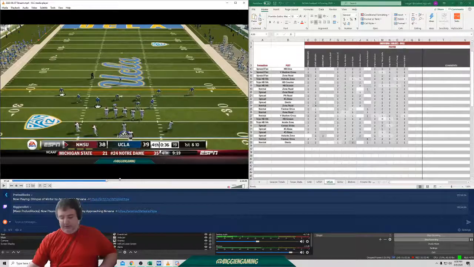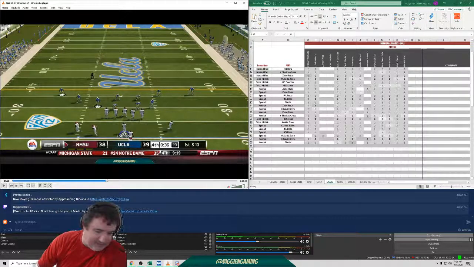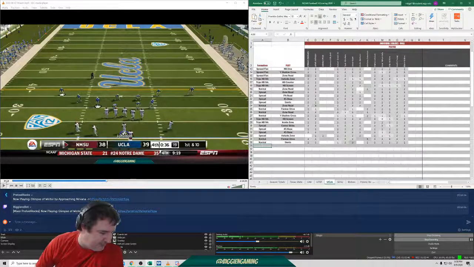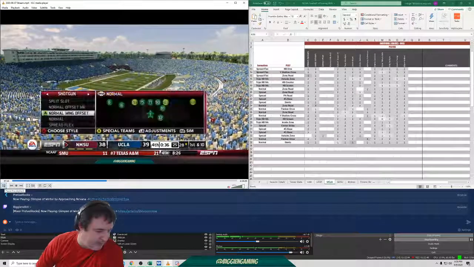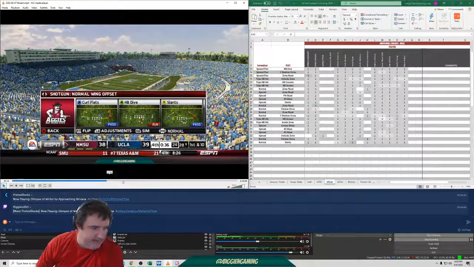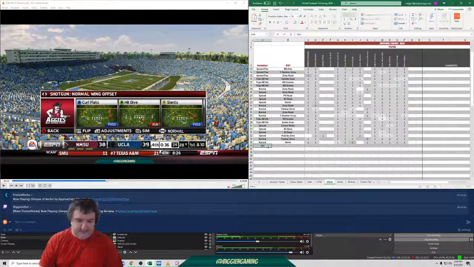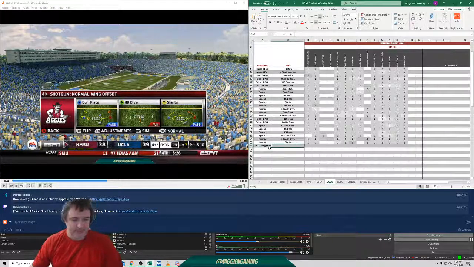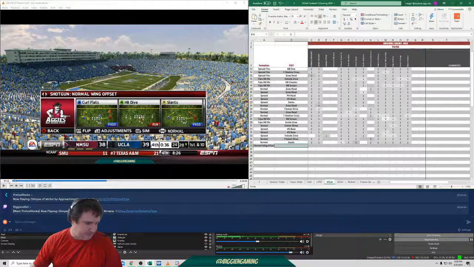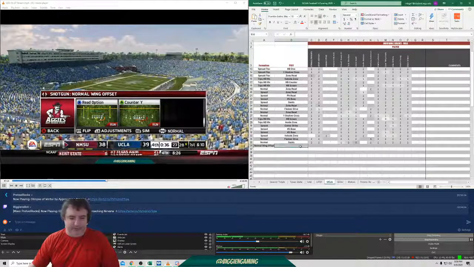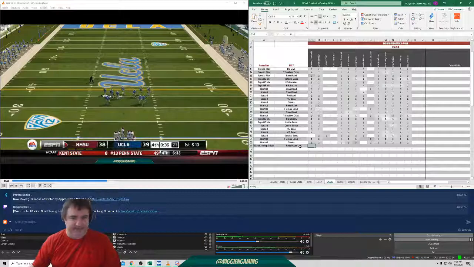All right. But we get the ball back. There's 36 seconds left. I have all timeouts. Okay. 36 seconds left. We're on our 28-yard line. Okay. I decide to call normal wing offset. So we have our tight end in the backfield. Okay. So I'm like, well, what can I run to start us off? I decide to call zone read. I know exactly how this goes.